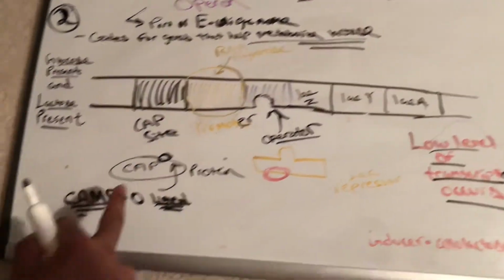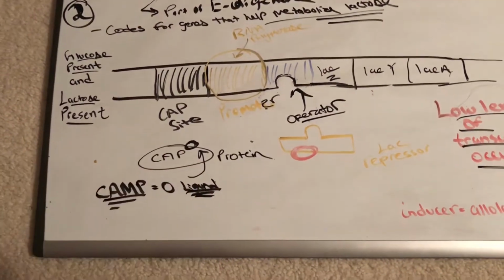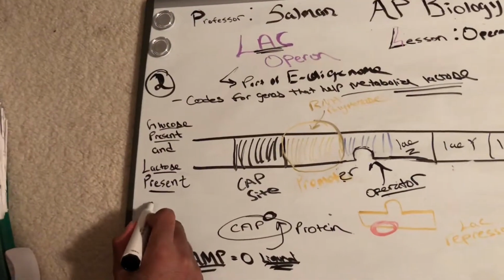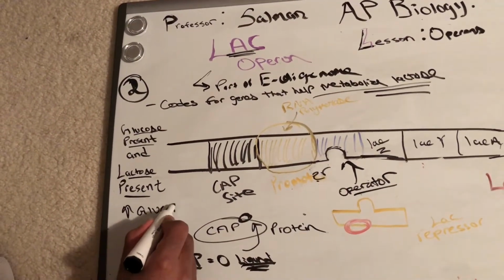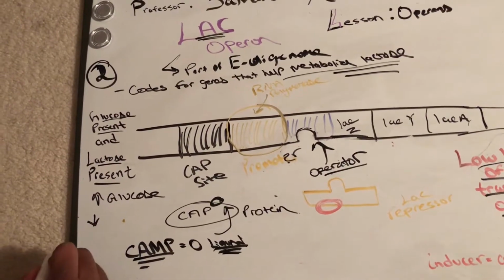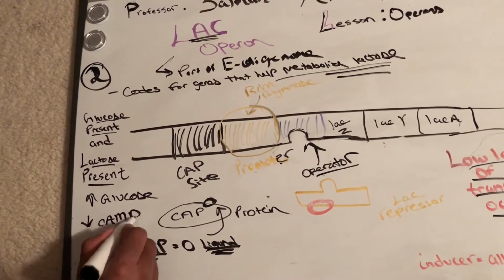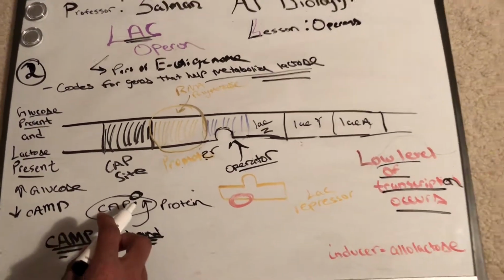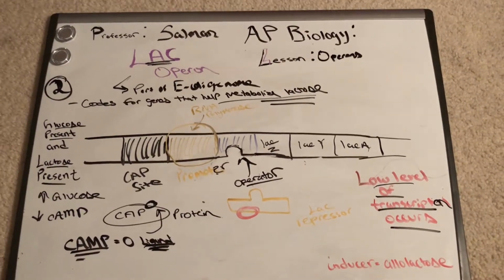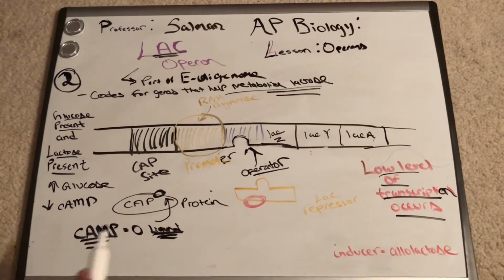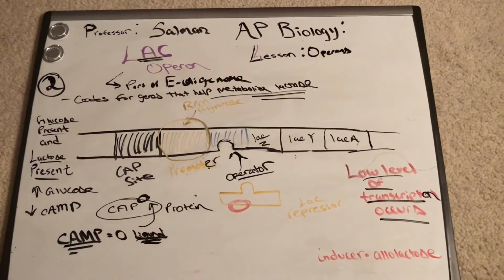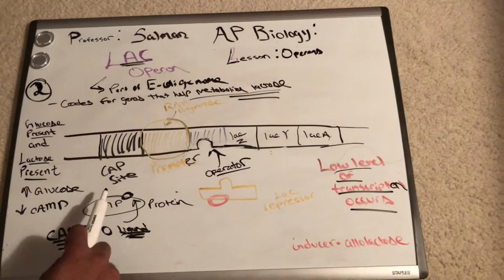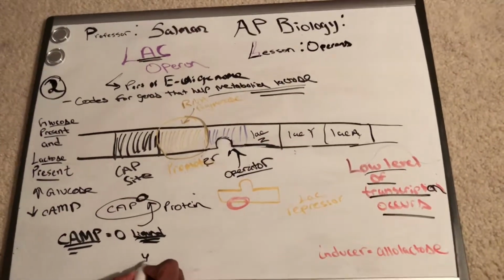And we have this CAP protein that goes along with the CAP site. But in this situation, since glucose is present, increased glucose, that means we have decreased amounts of cAMP. cAMP is a ligand that binds onto the CAP protein. And if there are low levels of cAMP, it cannot bind to the CAP protein, which means you won't have the binding of this to the CAP site, which means you will not have